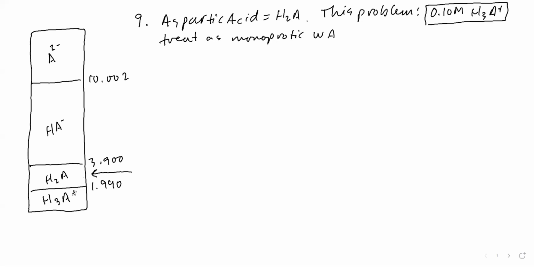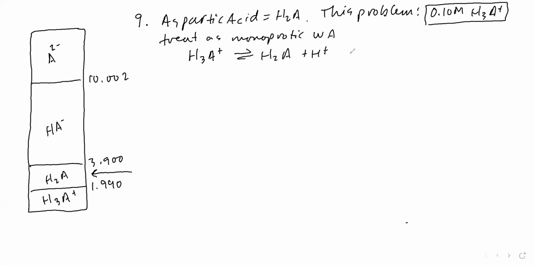And then we'll forget about that and we'll calculate HA minus and A2 minus by recognizing that in fact it does dissociate a second, a third time. So our overall approach then looks like this. We start with the first dissociation reaction, pretending like this is the only one. And we've got